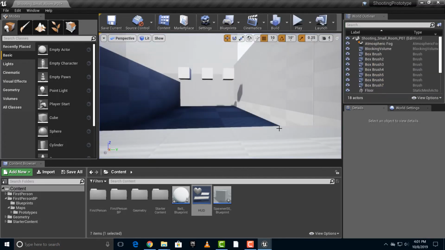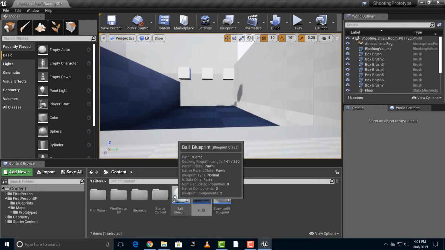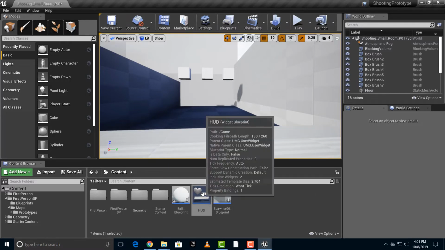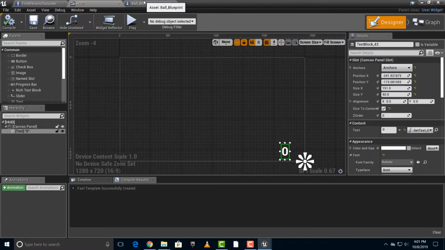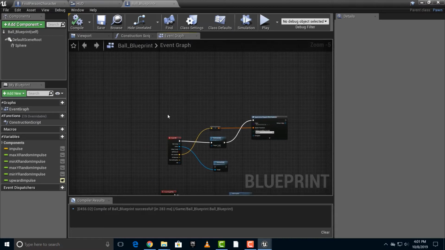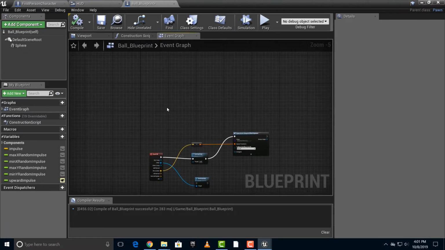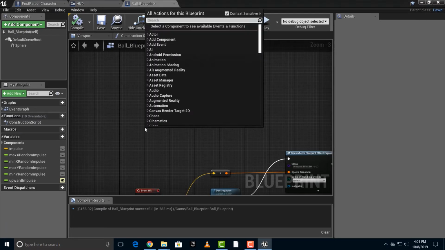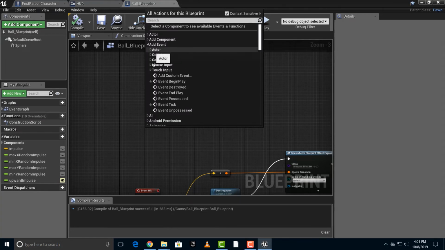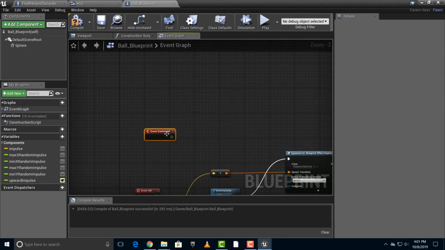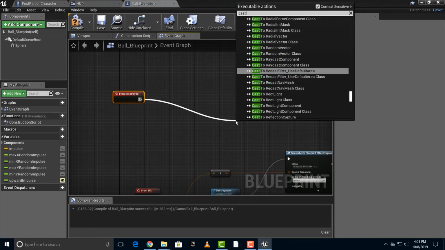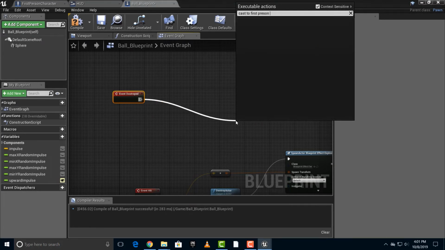Nothing happens because, well, we haven't really told it to count up yet. So let's go ahead and do that. Let's hop back into our heads-up display, and I happen to have my ball blueprint open. So hop in your ball blueprint, and we're going to add an event, and this event is going to be Event Destroyed. On this Event Destroyed,